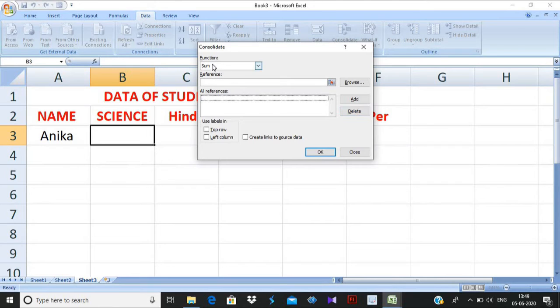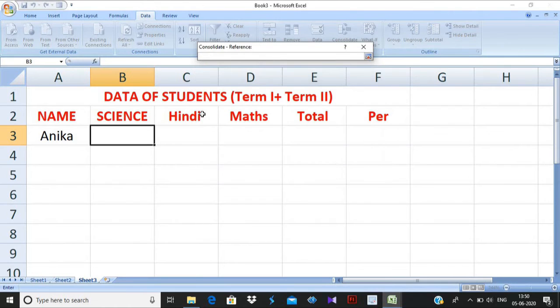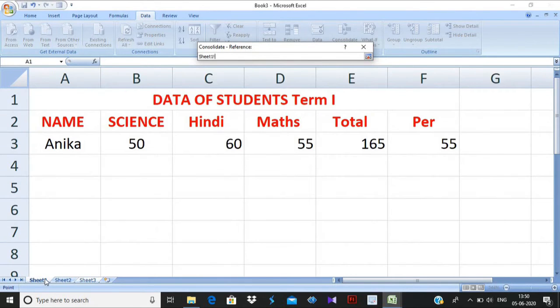Now a dialog box will appear. The first option is Function. You have to select the function Sum, because you want the addition of term first and term 2. Second is Reference, from where you will take the numbers, sheet 1 and sheet 2, and add them here. Reference I will take from sheet number 1.